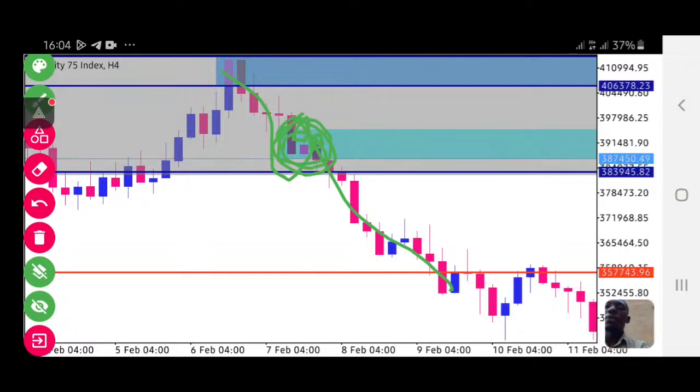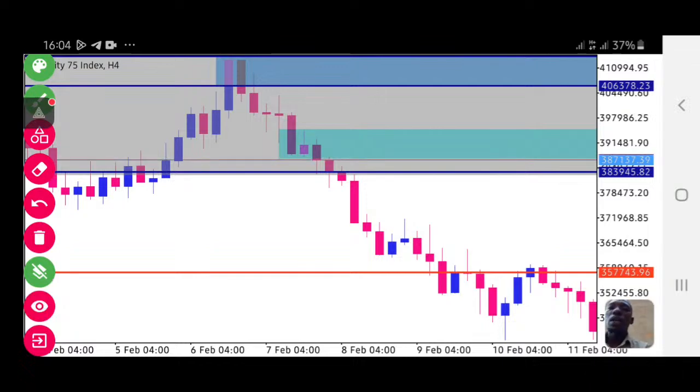A high amount of money was injected into the market, so the market started pumping down. That's why I'm saying that this zone and these ones, all of them, are strong. So we have to wait to see the reaction of the market at these two zones. If the market breaks them, then we shall also keep waiting to see what will happen when it taps on the trend line in the monthly.